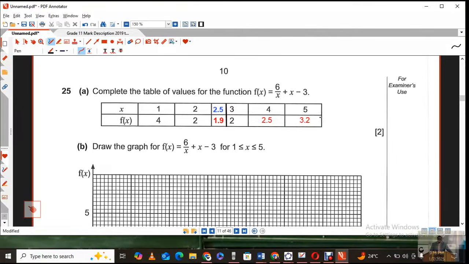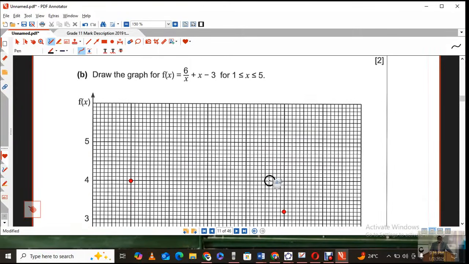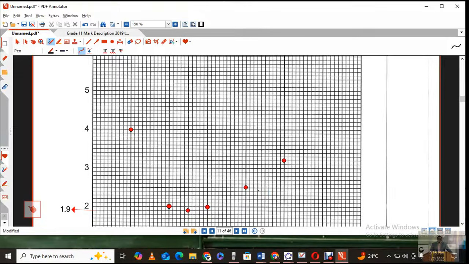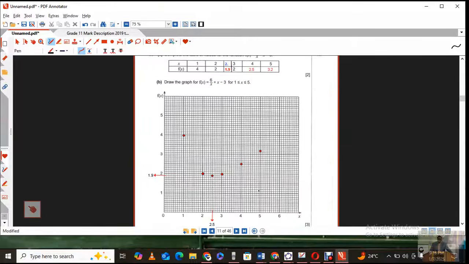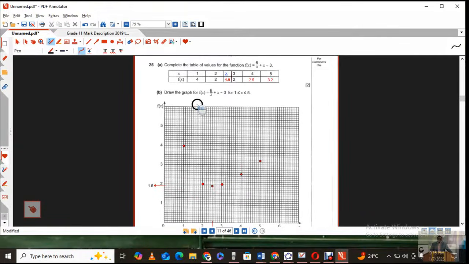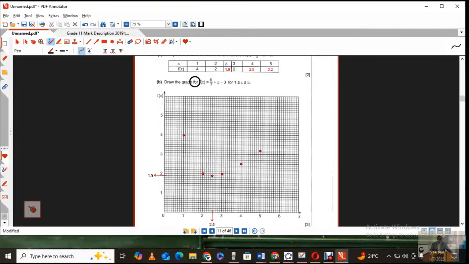I'm going to plot them and I've already done them here. So I've plotted it. I'm just going to make it a little bit smaller so that you can follow. Not too small though. So you would see if you follow from your graph, when x is 1, f of x is 4, and I've plotted it. When it's 2, it's 2. Now I brought in the 1.9. Can you see I even indicate with the arrow? And 3 is 2, and 4 is 2.5, and 5 is